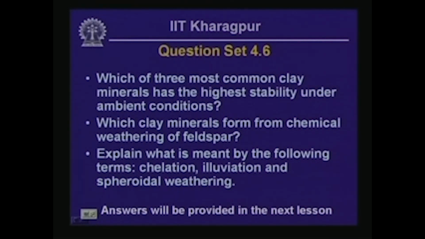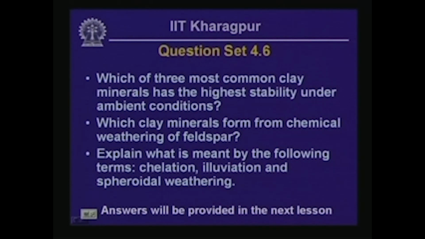Okay. So that brings us to the end of this presentation, and we close with this question set. Try to answer these questions at your leisure. Let me read these questions out to you. The first one is, which of the three most common clay minerals has the highest stability under ambient conditions? The second question is, which clay minerals form from chemical weathering of feldspar? The third question is for you to explain the terms chelation, illuviation and spheroidal weathering. Try answering these questions, and I will give you my version of these answers